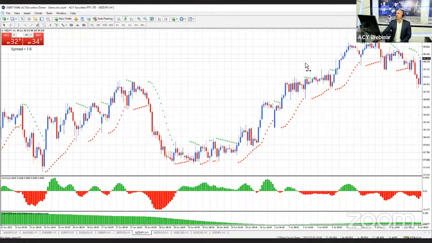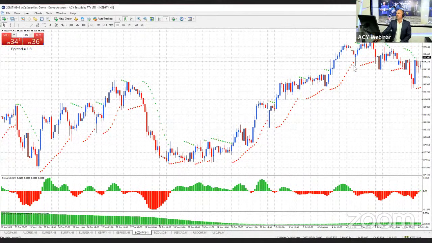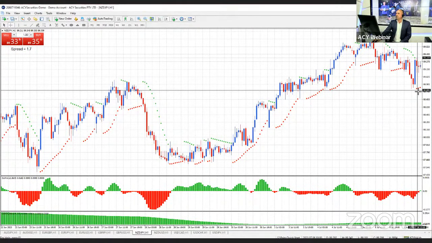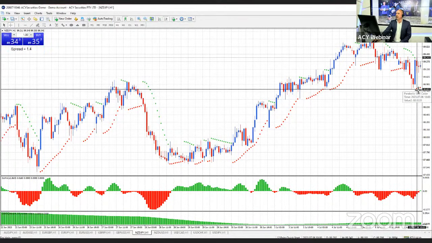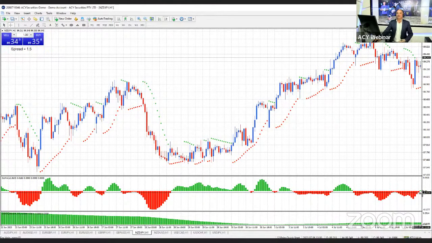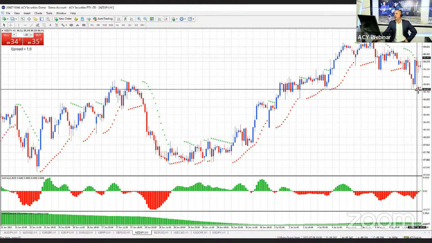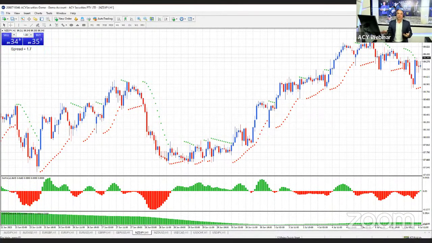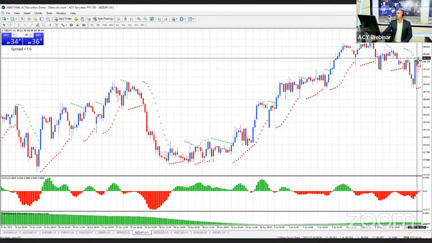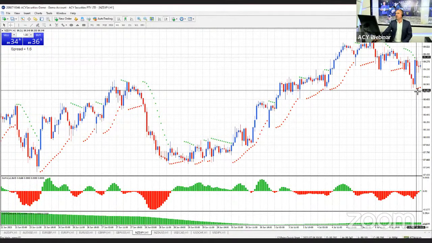So as you keep moving higher, and just use this as an example, you'll see price has literally just hit this green dot and it's replaced it with a red dot. And now we can see that it's actually turned green. So this has all happened pretty recently. So why do we have the red dot? Well, sometimes people might use the red dot as a spot to put their stop loss. So it's very simple. If it triggers, which this trade has, it's replaced it with a red dot.